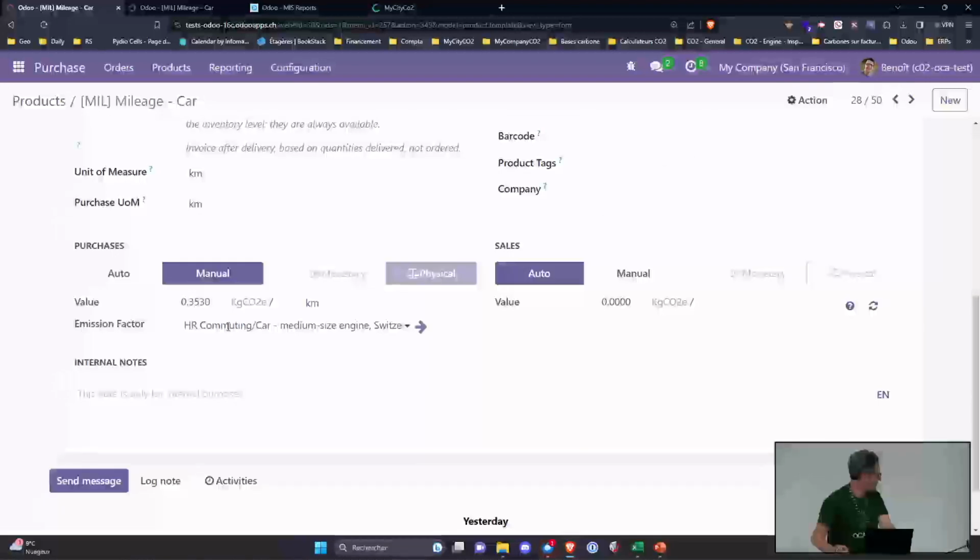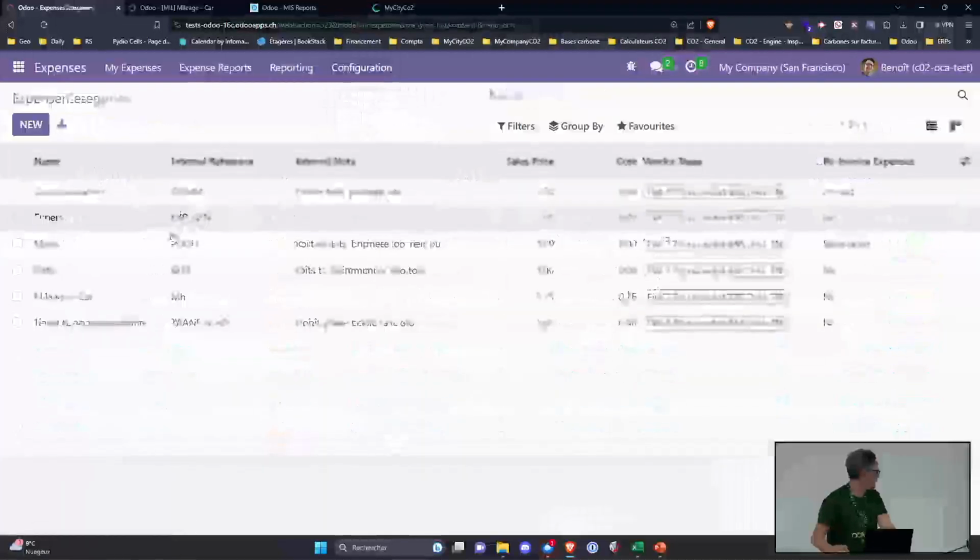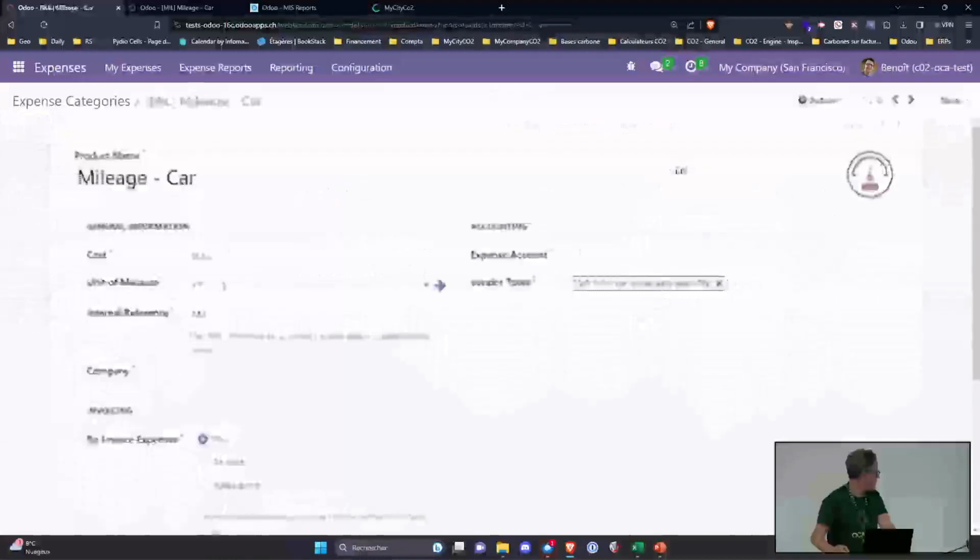We associated it with cars with a medium-sized engine in Switzerland, so that's a specific emission factor. In your expenses, this mileage is defined this way.